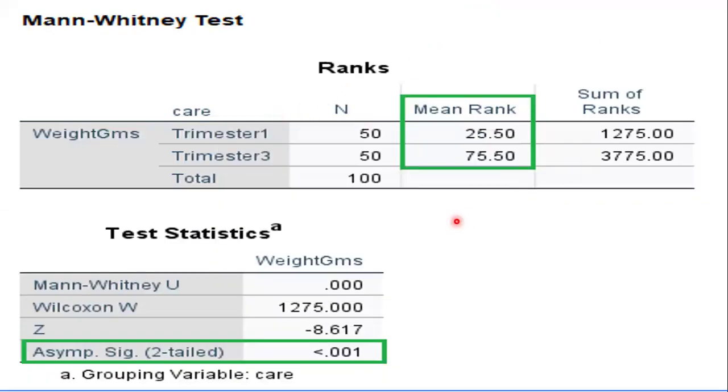All right. So this is what you would see when you analyze your data using the Mann-Whitney U test, and you will find out that those infants, those babies... I was telling you that those children who were given parental care in the first trimester have an average weight of 25.50, and those babies who were given parental care in the third